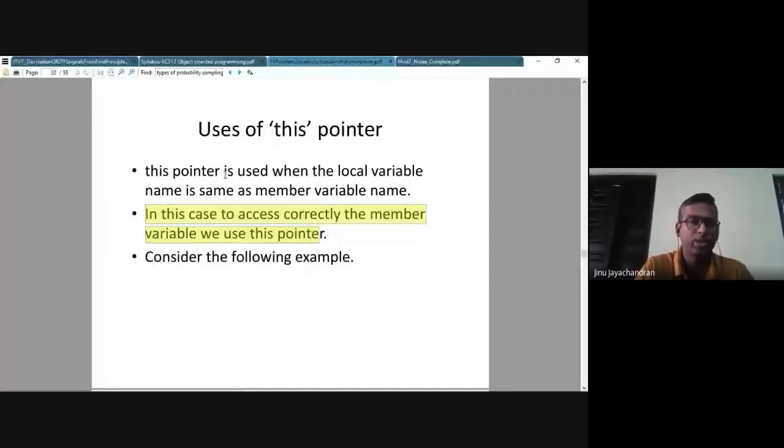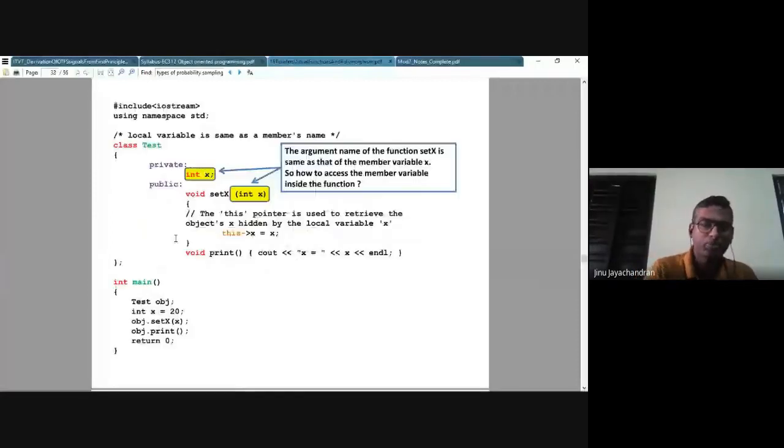So one example is this. This we have written and we have looked at it. Basically there's a class called test, which has a private member variable x. There's a public member function called setX. And in this one, you have a local variable called index. So if I want to assign to the member variable x the value of the local variable, then you use the this pointer with an arrow to indicate that you are assigning to the member variable x the value in the local variable. This we have already seen.